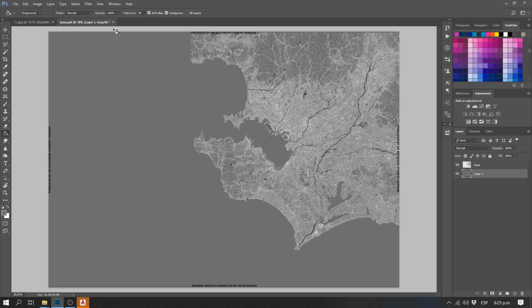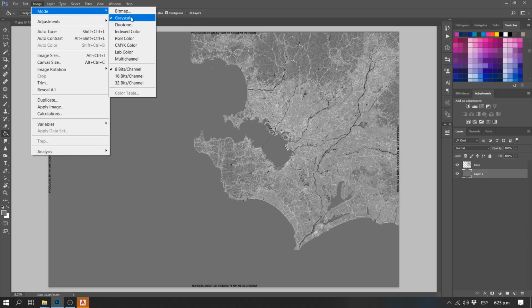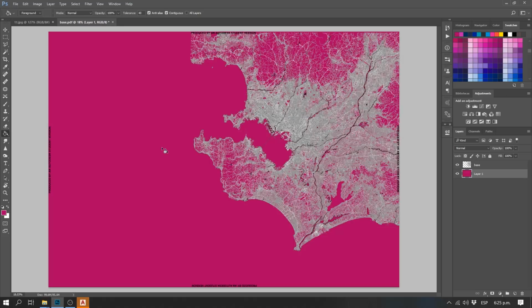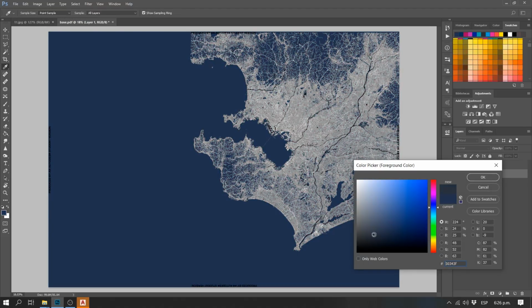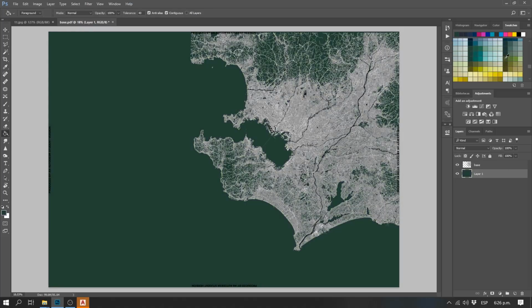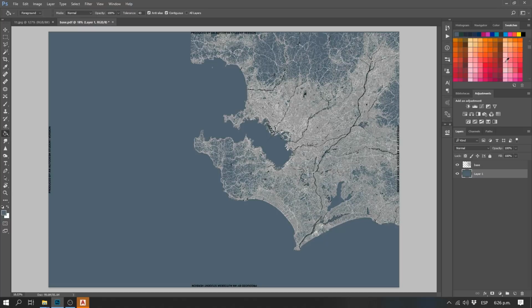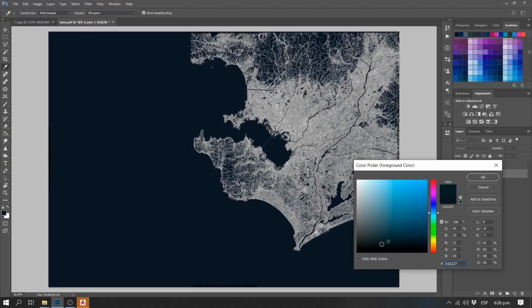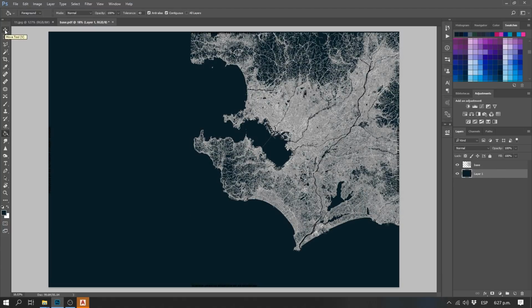So to fix this, you will go up to the menu where it says Mode and change the mode from gray to RGB, or if you're going to print this plan out, you want to put it in CMYK, right? After I found out about this little mistake that commonly happens, and you just have to go through it, I changed it to the RGB mode, and I started